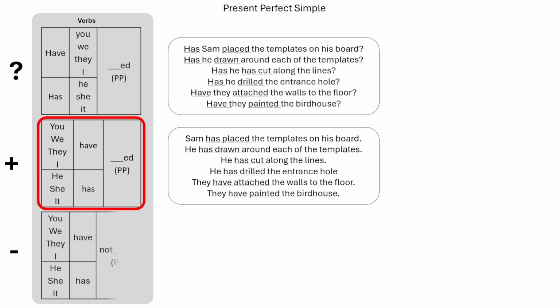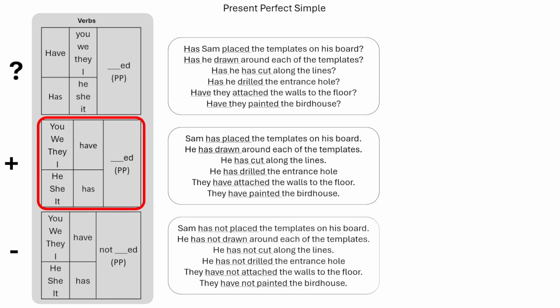If it was negative, we would have to add not. So Sam has not placed the templates on his board, he has not drawn around the templates, he hasn't cut along the lines, he hasn't drilled the entrance hole, they haven't attached the walls to the floor, and they haven't